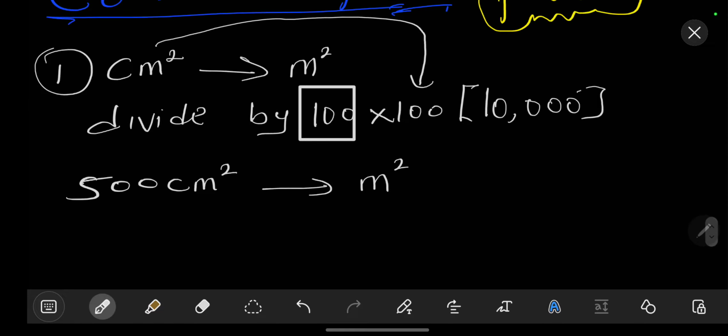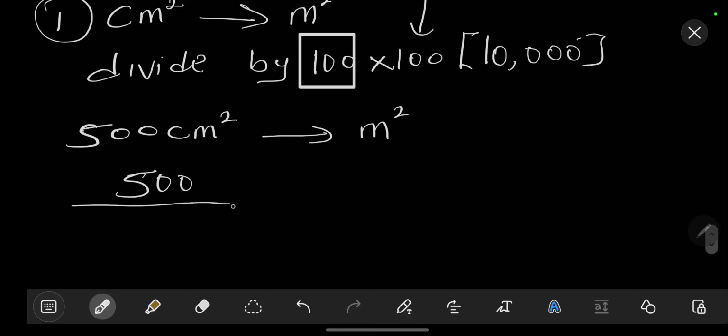It's very easy. Since you're going from centimeter square to meter square, you simply have to take that value you have in centimeter square, which is 500. Then you're going to divide that value by 10,000. Why? Because 100 times 100 gives you 10,000. So when you do that on your calculator, well, I taught you how you can do that. So 500 over 10,000, that is